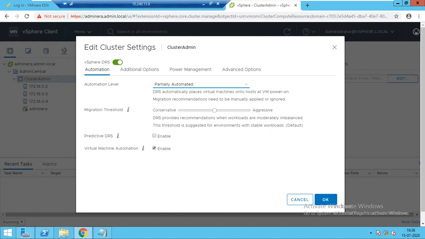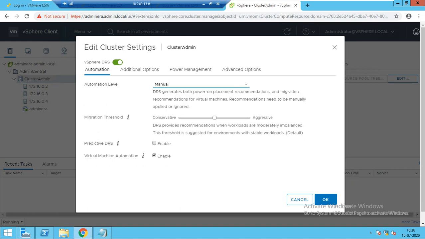In manual, you have to do everything on your own. You have to check your load balancing, you have to check your virtual machines. It will not recommend anything itself, you have to do everything yourself. You have to check that the hosts have the same load balance, that a host should not have more virtual machines, it should not have more load. Everything you have to check yourself.